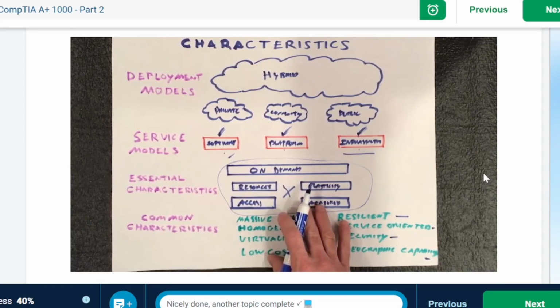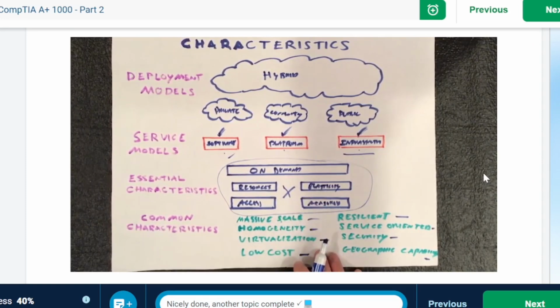I wanted to go over a couple of things about some of the advantages and disadvantages of cloud systems.